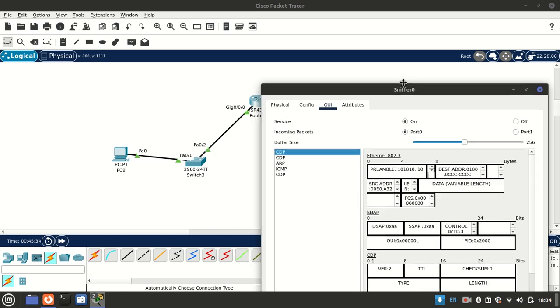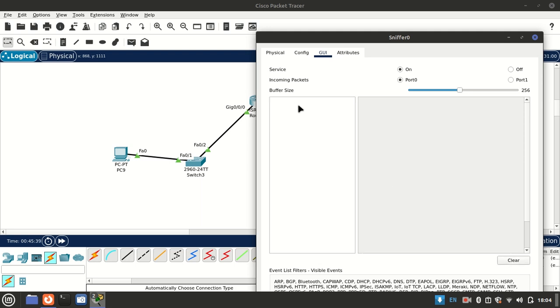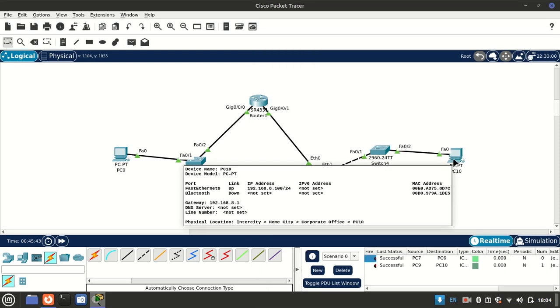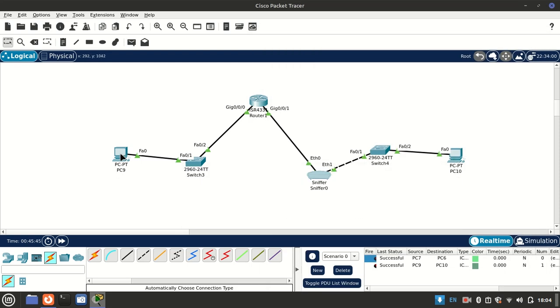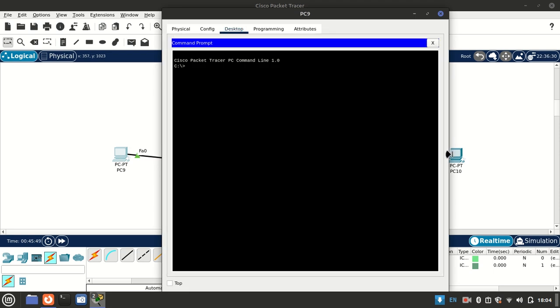Okay, so let me do this. Let me get rid of all these. Let's clear all of those out. So we're actually empty, isn't it? So here the IP address of that one is .8.100. So I'm going to go to this PC. I'm going to open my command prompt and send a ping to that PC just to see if the sniffer can actually capture that. So I'm going to ping